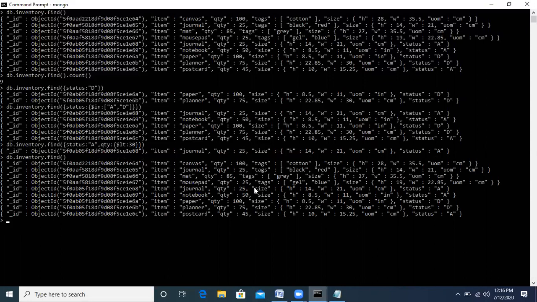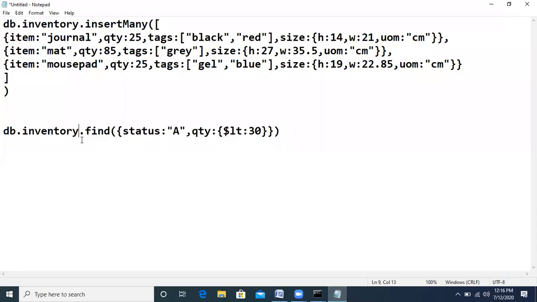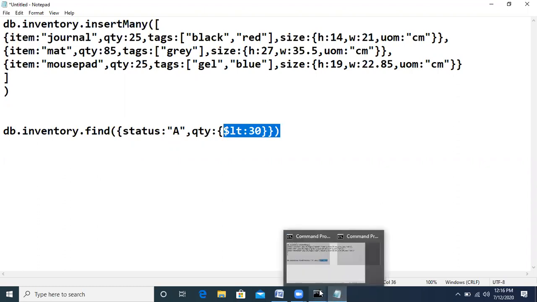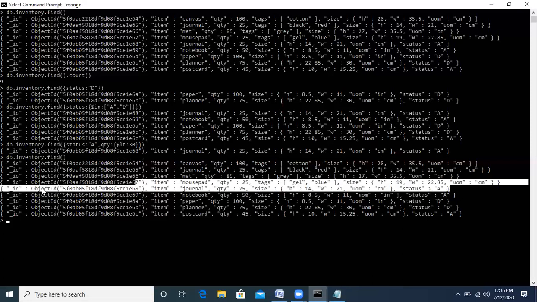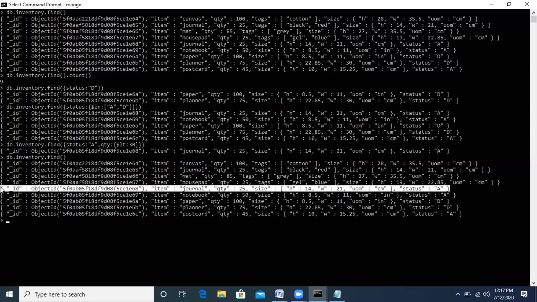But here the condition is that we are using AND. In our query we have written where status equals A and quantity is less than 30. So for less than 30 we had a total of 3 records. Out of these 3 records, where the status is A, there exists only one record, this one. Only a single record exists which matches this condition.